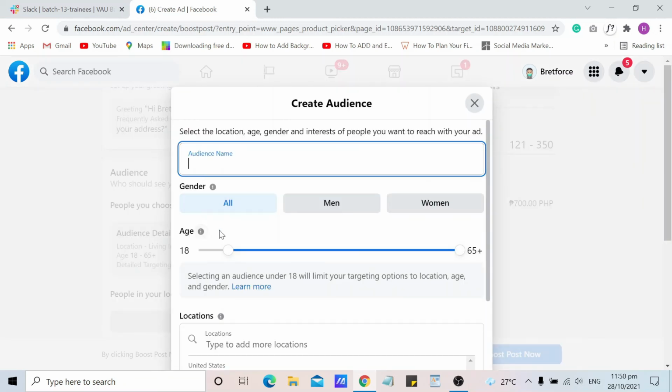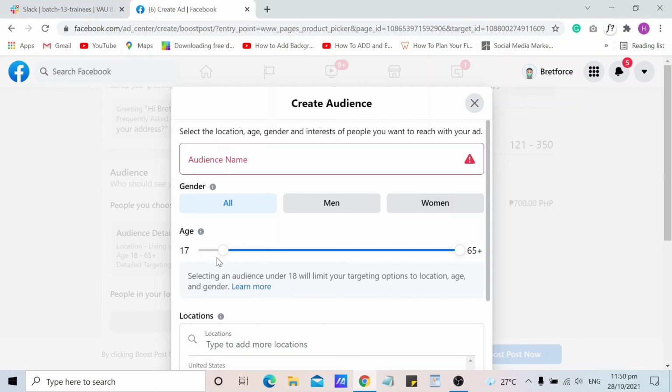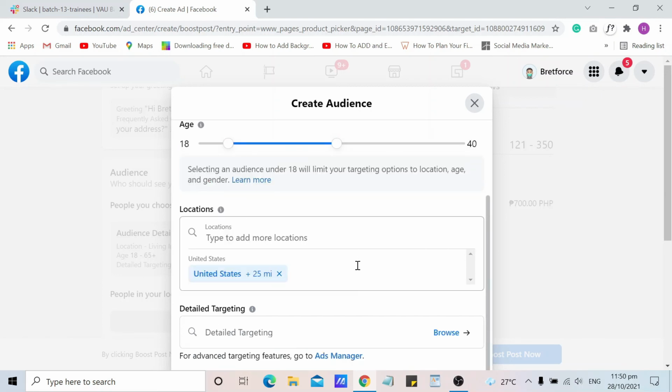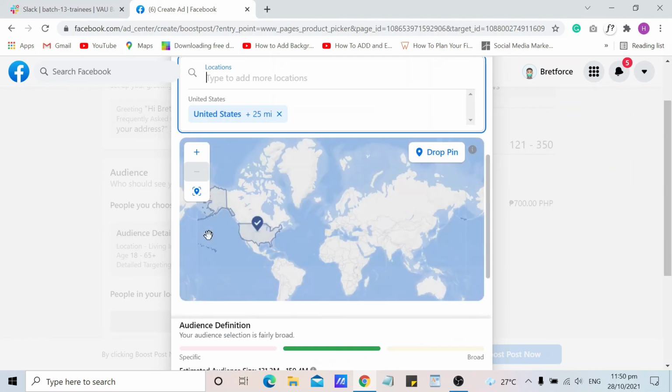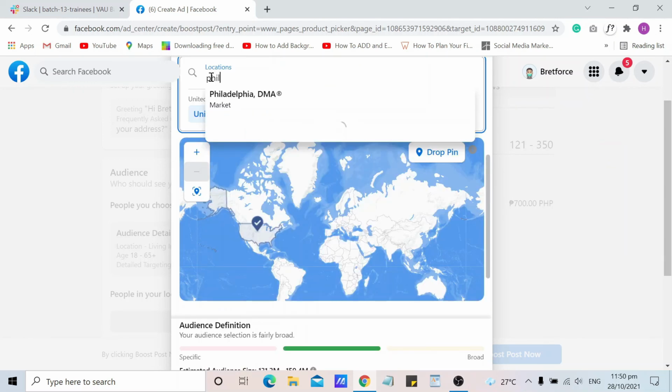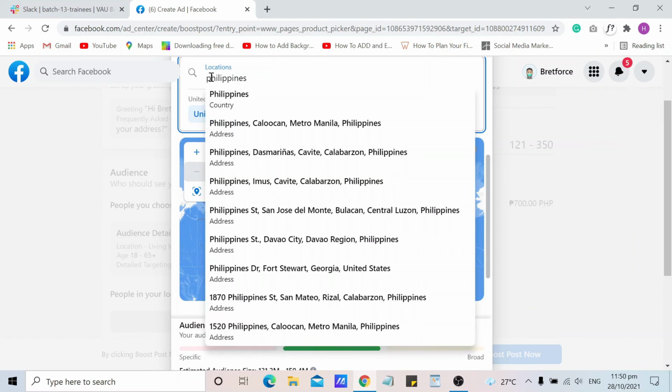Write the audience name, the gender, all, men or women, and the age bracket. Then type the location, Philippines.